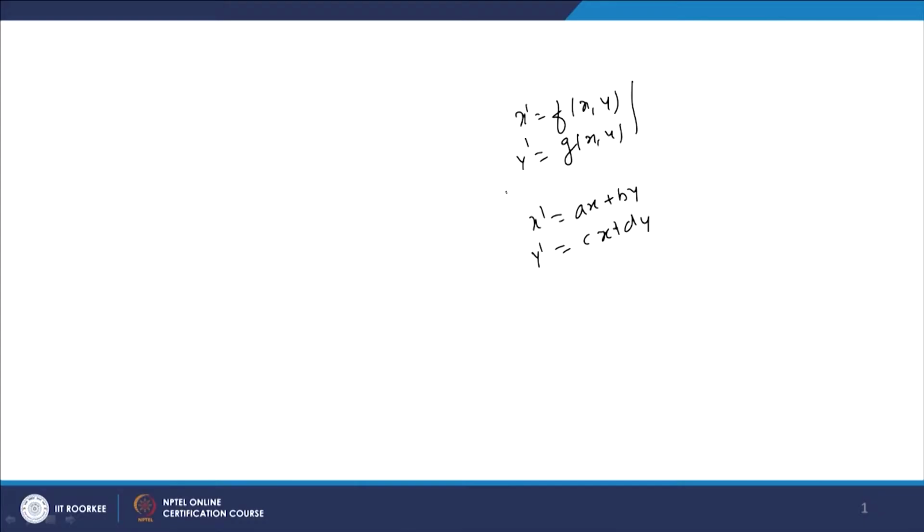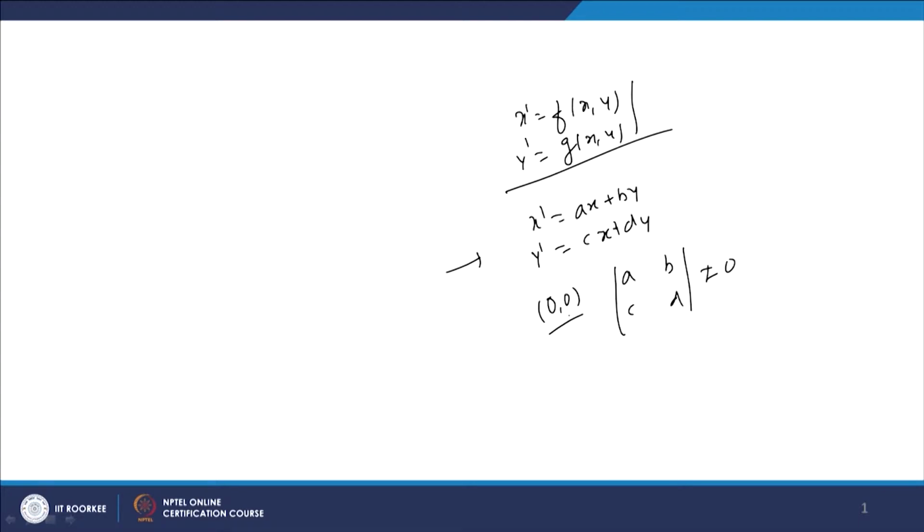If you recall, we have this system of differential equations x dash equal to f(x,y) and y dash equal to g(x,y). It is a non-linear system, and then we consider the corresponding linear system, x dash equal to ax plus by and y dash equal to cx plus dy, and here it is clear that (0,0) is a critical point of this. And if we assume that the determinant of a b c d is non-zero, then (0,0)